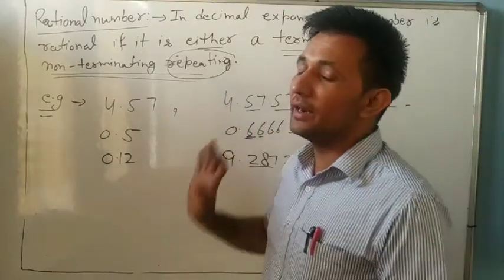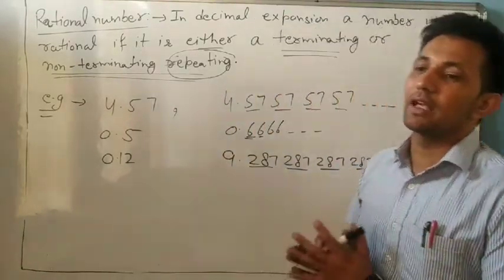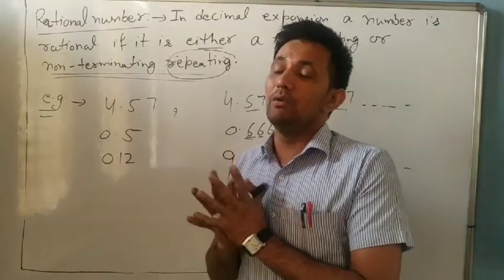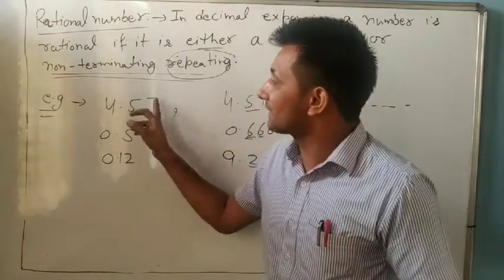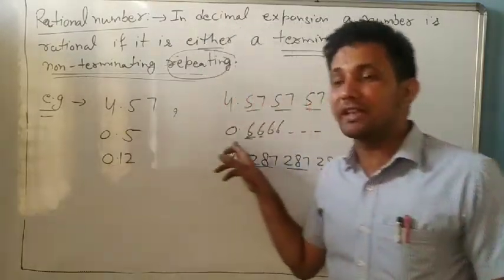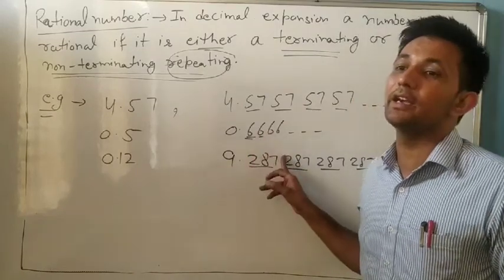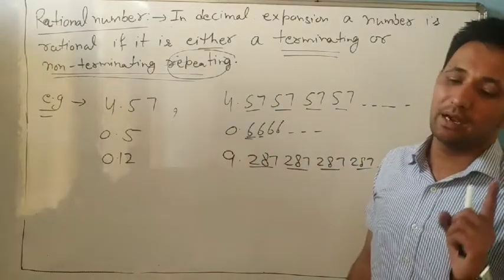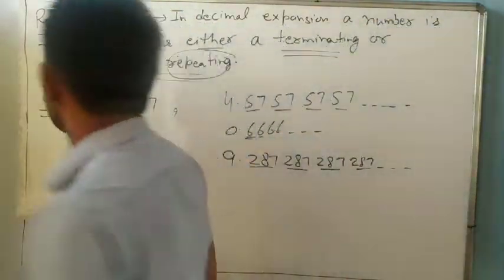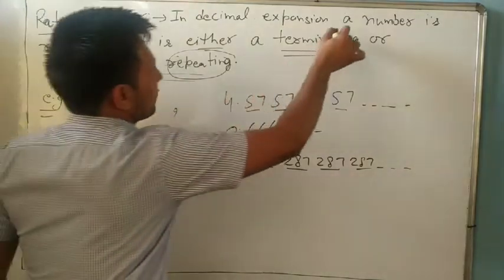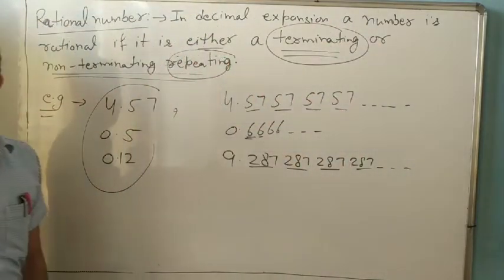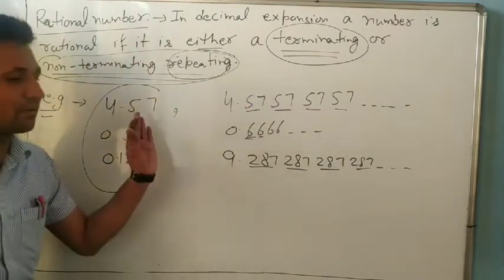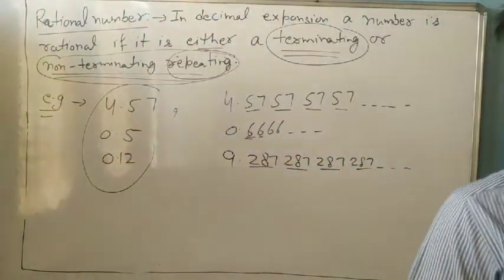Why is it very important? Because in this exercise 1.4, dear, we will learn in what case rational numbers are terminating and in what case they are non-terminating repeating. It is very important. First you only have to remember the definition, but in 1.4 we will learn in what case it becomes terminating and in what case it becomes non-terminating repeating. So first everyone note this down, and its examples also. You can write these two examples.